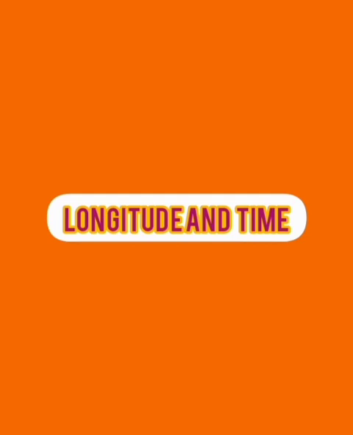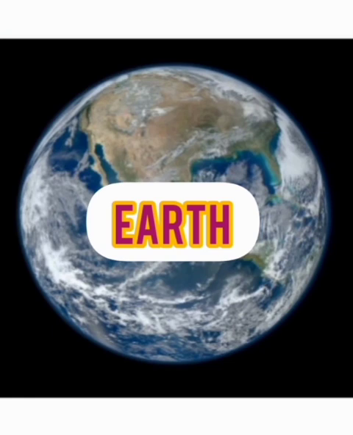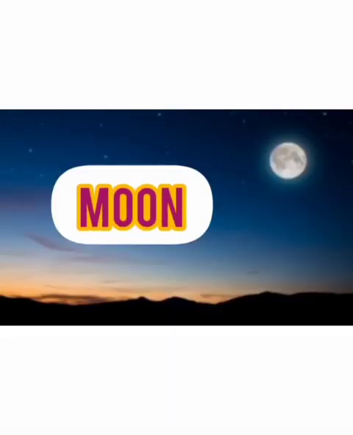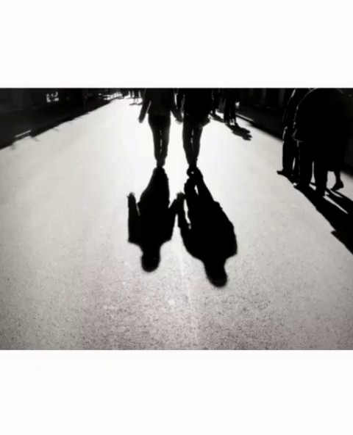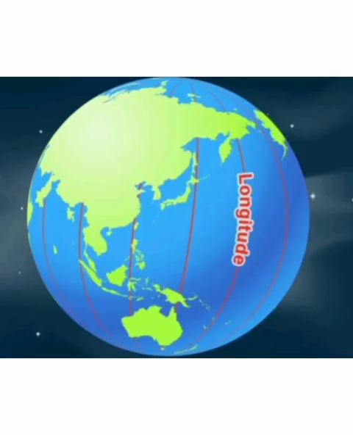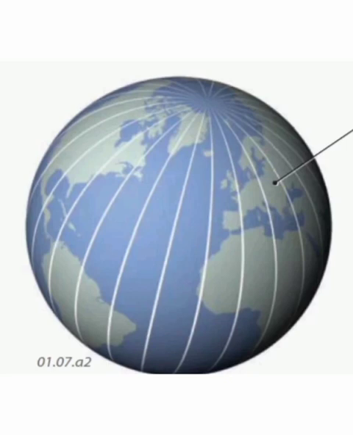The best means of measuring time is by the movement of the earth, the moon and the planets. The sun regularly rises and sets every day, and naturally it is the best timekeeper throughout the world. Local time can be reckoned by the shadow cast by the sun, which is the shortest at noon and longest at sunrise and sunset. Next, with the help of longitude, you can calculate the time of any place on the earth.